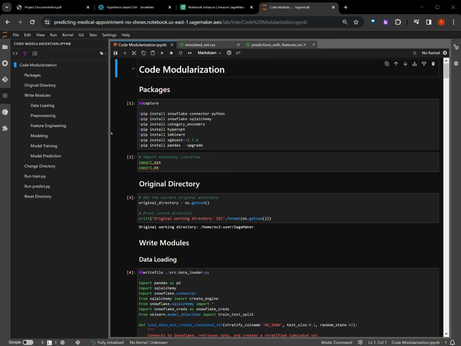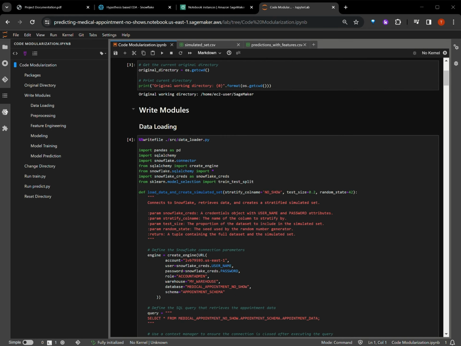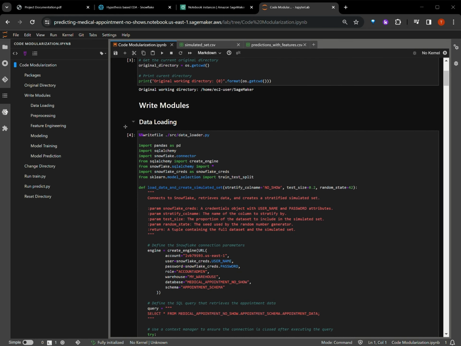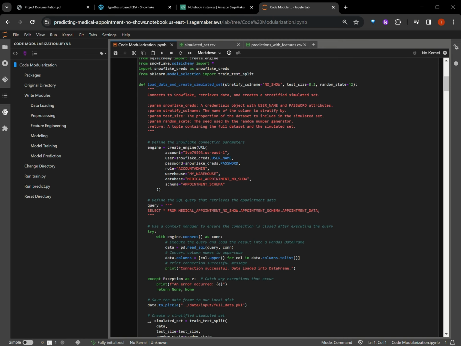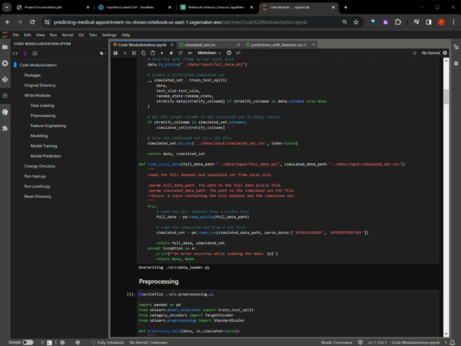So we first import the packages, and then we have four modules here. They are data loading, pre-processing, feature engineering, and modeling. Basically, the data loading module has all the data loading functions. For example, we connect to the Snowflake database, retrieve the data, and then reload the data into